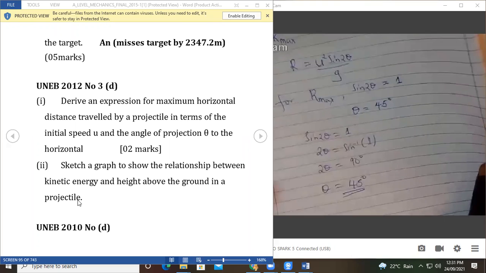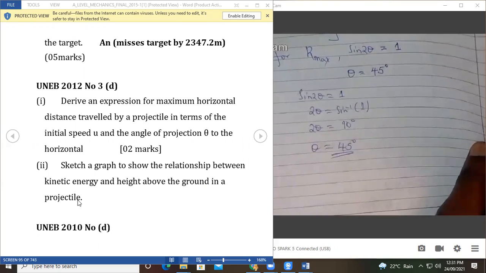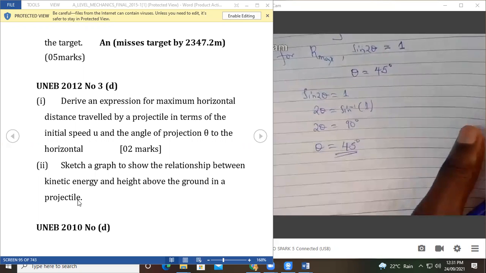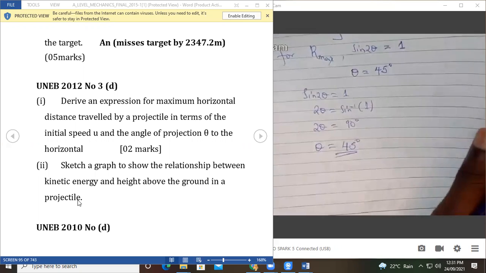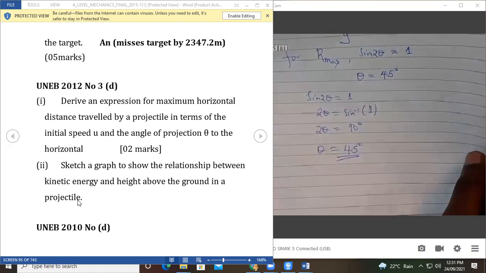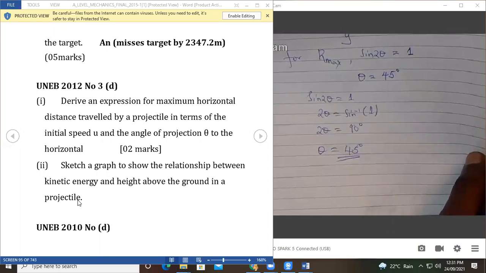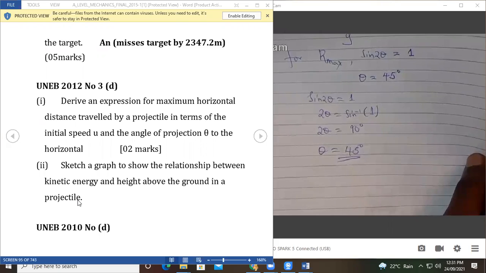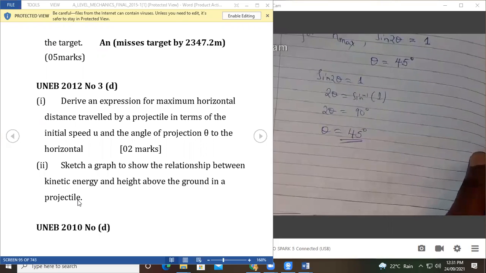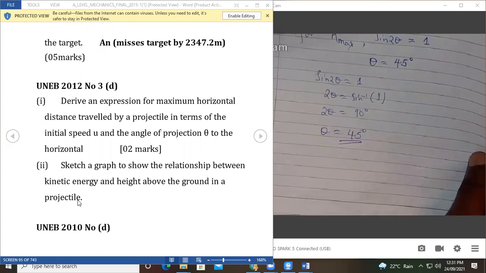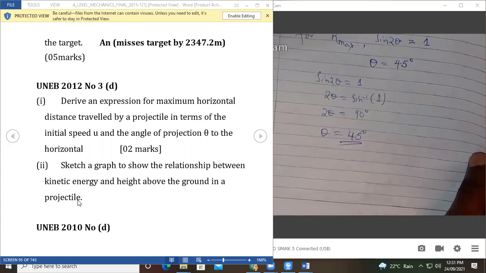Remember, from your O-level physics, we said from the principle of conservation of energy, energy can neither be created nor destroyed, but can be transformed from one form to another. So if a body is at a given height, at that maximum height, it will be having maximum potential energy. But the potential energy, by the time the body reaches